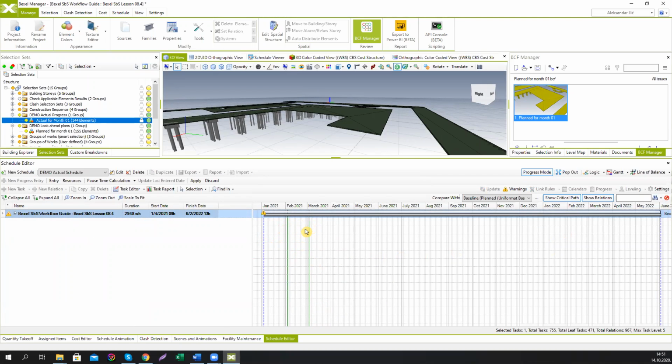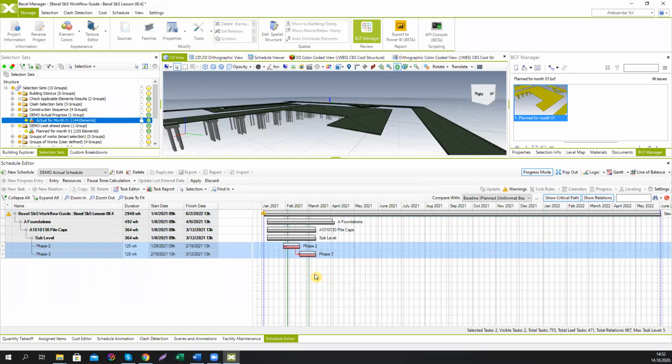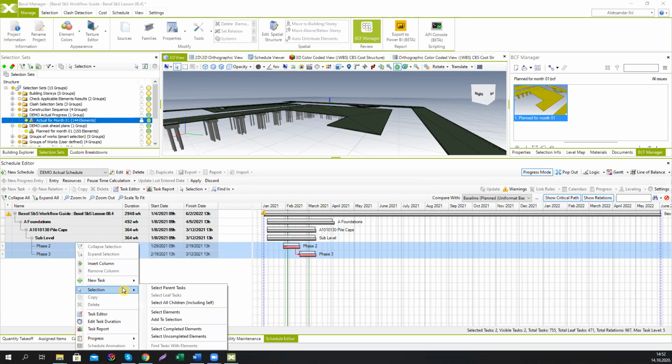We don't have such tasks that are fully executed or planned for execution during this period. And you can find partially overlapping tasks like these two, which should be executed partially in this period of time. So you can select these two, go to